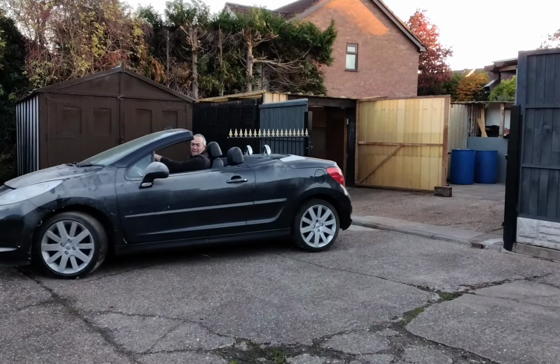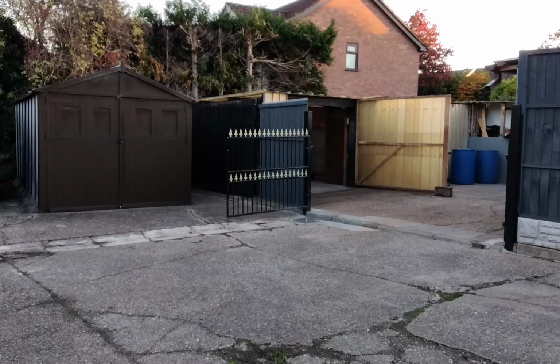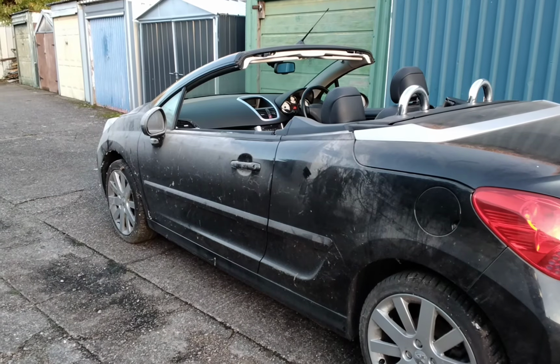Just park it out of the way. Oh dear. Ooh, it stopped without me having to do anything. I'll get a brick under the wheel. I need to just drive it up and down here a little bit to release the brakes a bit. What I didn't want to do is put the brakes on and end up with a disaster. As you can see, it just needs a good clean, and even the tyres look like they're not perished,